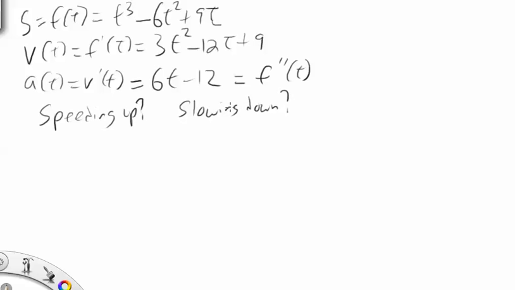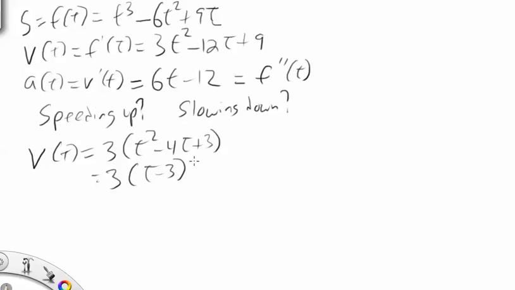Okay, so in order to check that, it's not just simply velocity. The velocity being positive doesn't mean the particle's speeding up. It just means that the particle's moving in the positive direction. So to check speeding up, we have to compare the velocity and the acceleration and look at their actual sign value. So for instance, our velocity is 3t squared minus 12t plus 9, which is 3 times t minus 3 and t